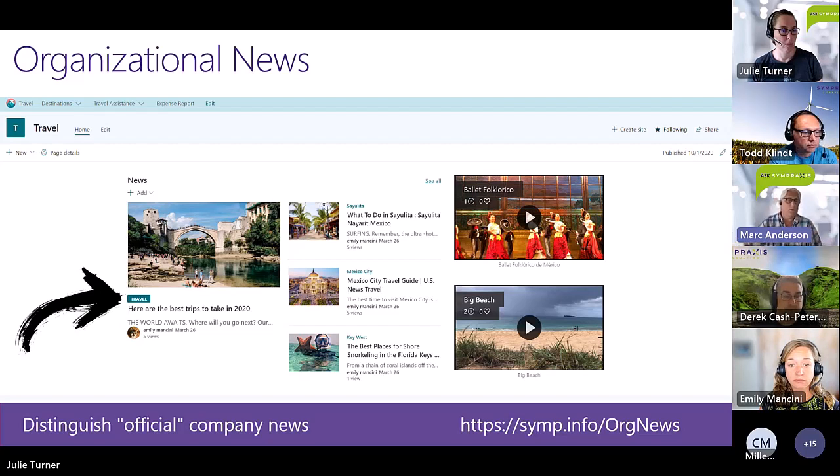Usually in our real implementations, it's not something like travel. It might be something like company news or news at company name, or I think the example that Microsoft uses is news at Contoso. So it's a little bit of a visual cue that shows people that news story has a little bit more importance than the other ones, and it's a great quick thing that you can do to make news appear and act a little bit more authoritative.